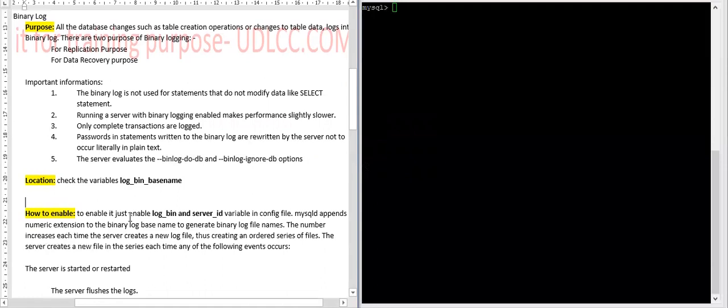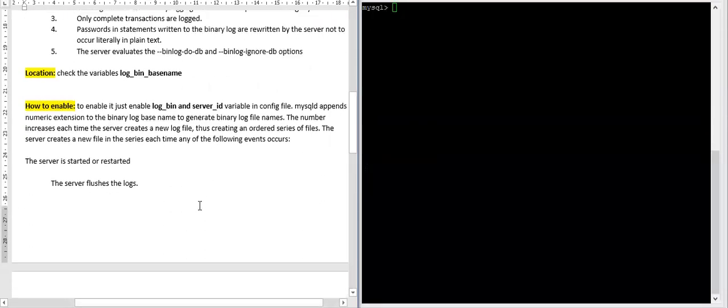The second point is location. What is the location of your binary log? The location of the binary log will be whatever is written into the log_bin_basename variable. We'll see it practically also. How to enable it?